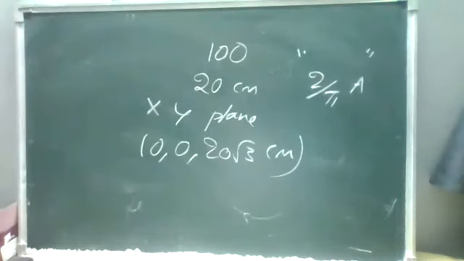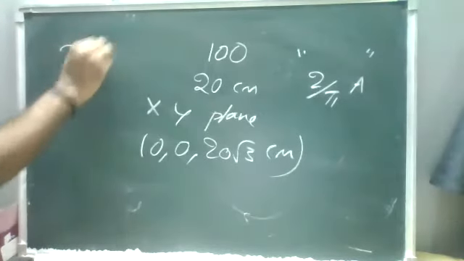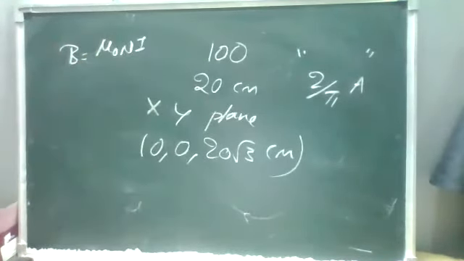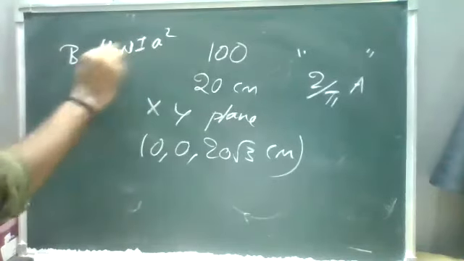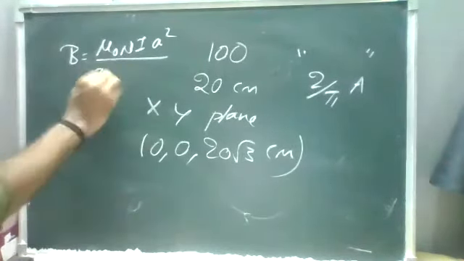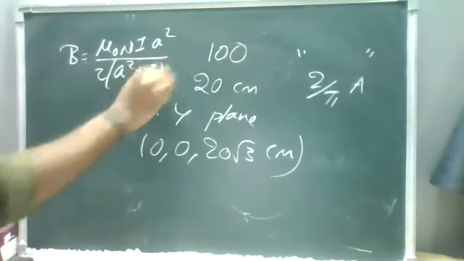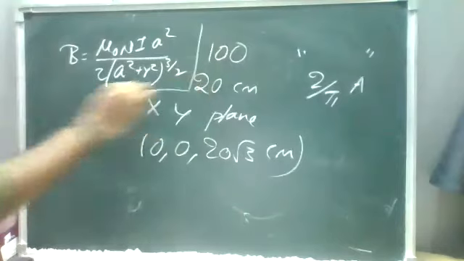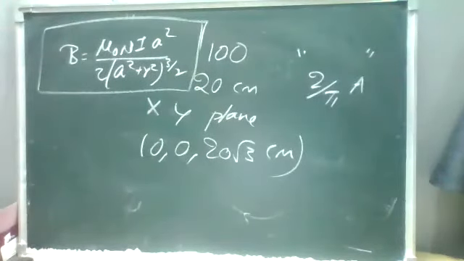So the formula is B is equal to mu naught N i A square by 2 into (A square plus R square) whole power 3 by 2. Please identify which is R and which is A, as we discussed in the circular current carrying conductor. Try to find the magnetic field. And remember, it was lying with its center on the origin, on the XY plane. Remember those relations and try to find it.